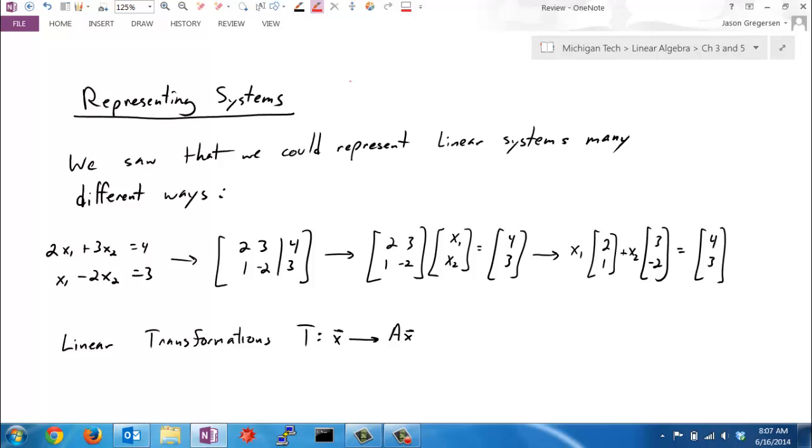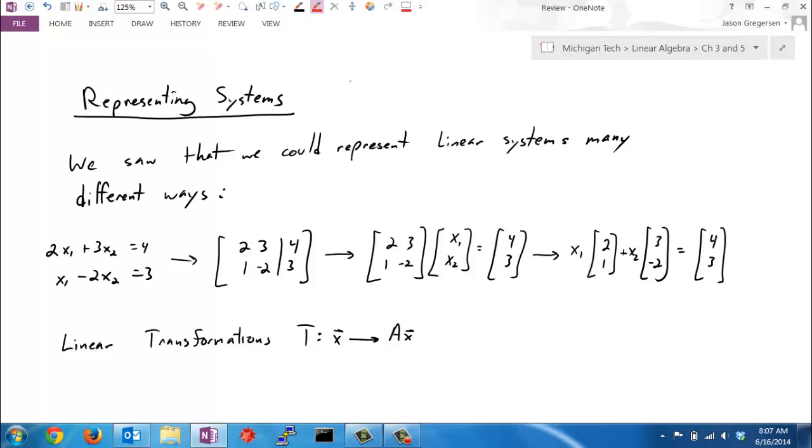So the beginning of the course, chapter 1, was all really about different ways to represent systems. We looked at the same thing over and over again with different notation essentially. To recap, we said that we could represent these linear systems as sets of equations, or as an augmented matrix, or a matrix equation,